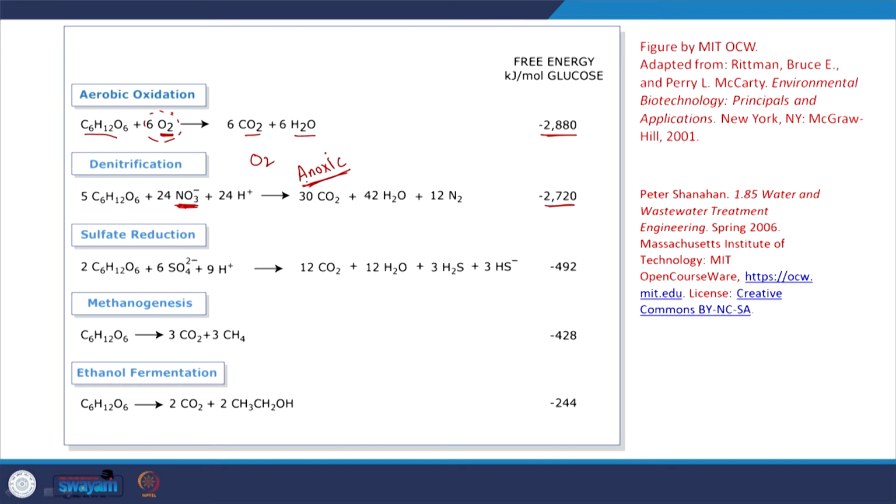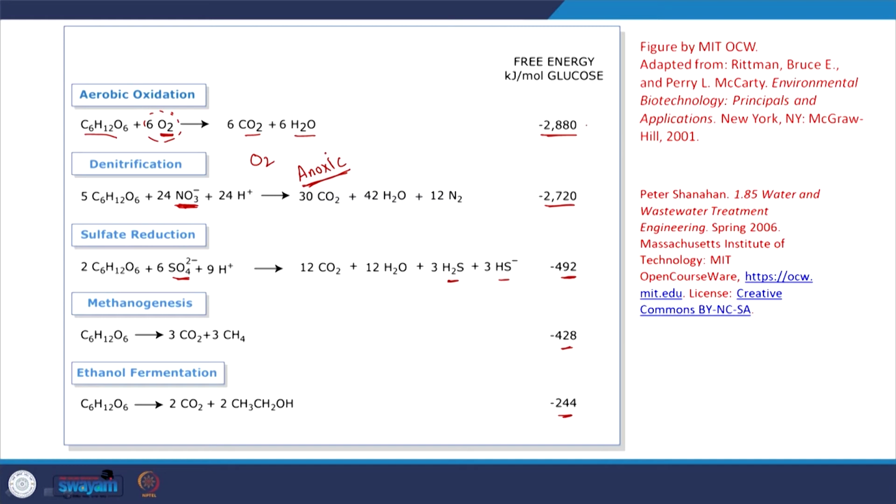And then you have other electron acceptors. Sulfate, for example, is reduced to hydrogen sulfide, with less energy, as you can see. Then there is methanogenesis, and fermentation, where you do not have an external respiration mechanism with respect to the cells. But as you can see, as we look at different electron acceptors or fermentation,